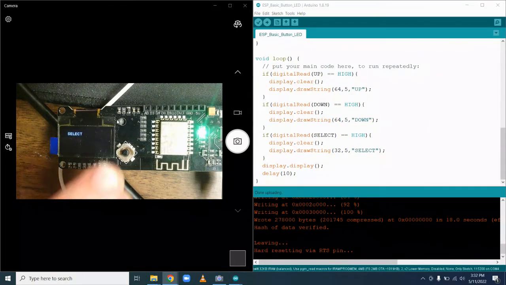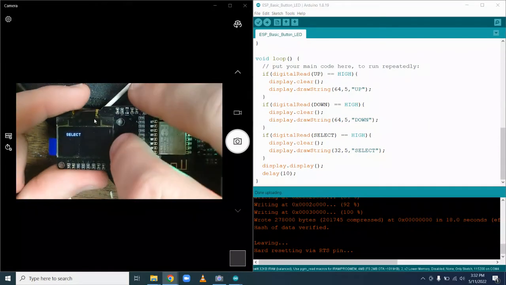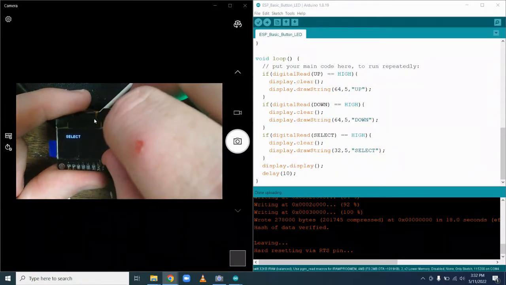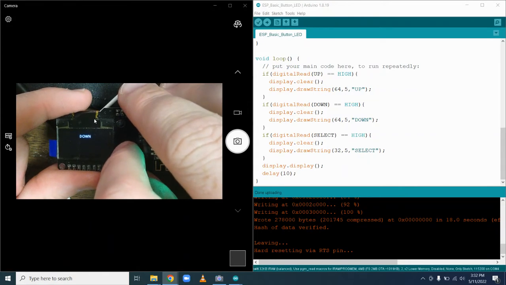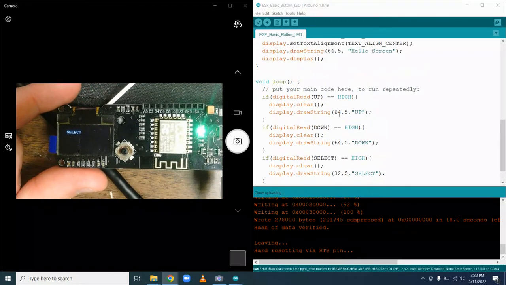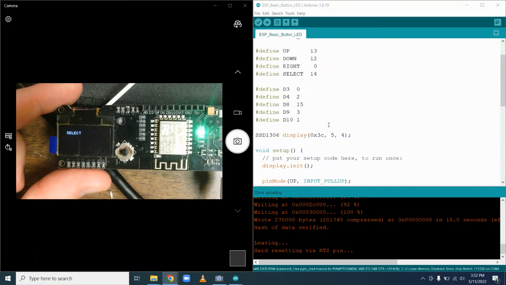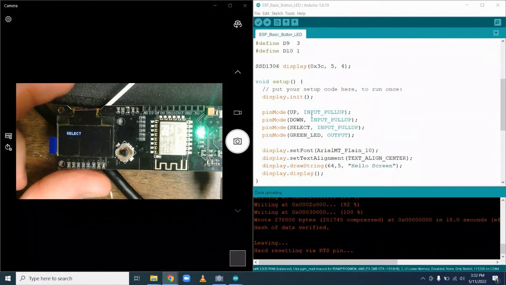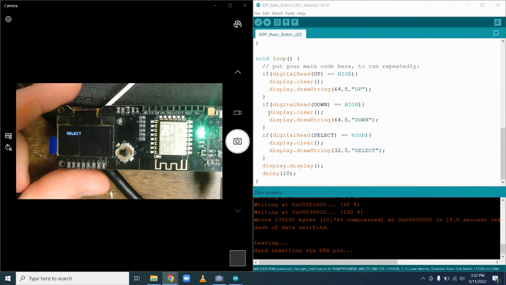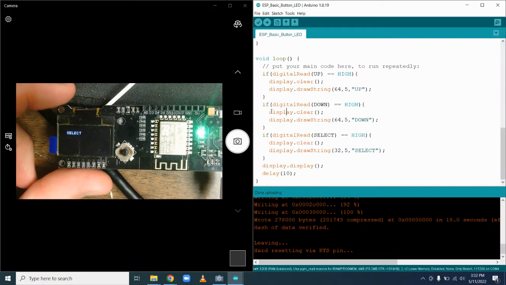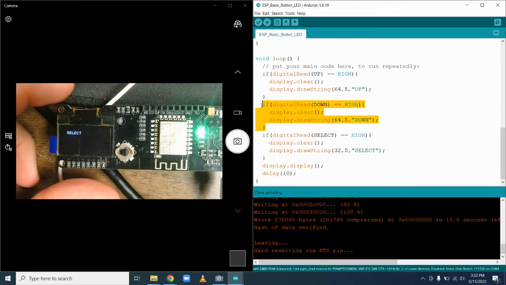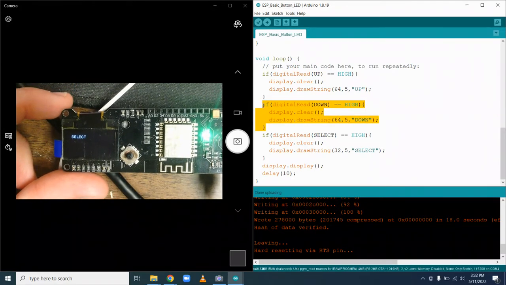So we still have some issues with our thing. If I press down, nothing happens. If I press up, so pressing select, pressing down changes the down. What's wrong? Up, down, select. Let's remove the down portion of it, and let's be less ambitious. I'm going to remove